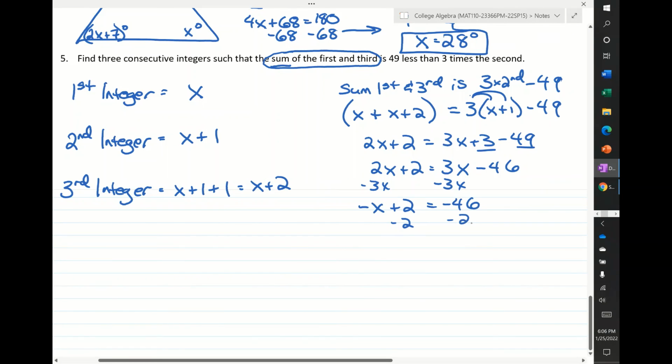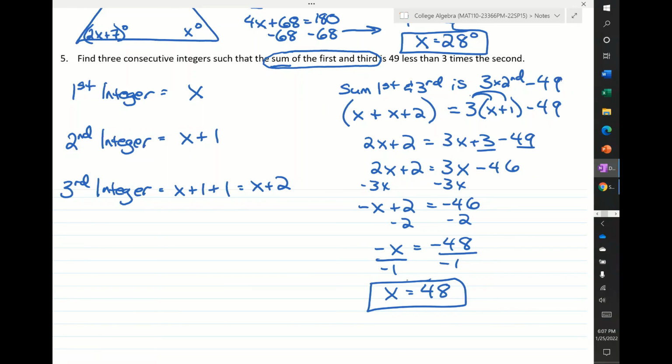Divide by negative 1. x is 48, which means our first number is 48. The second number would be what? 49, and the